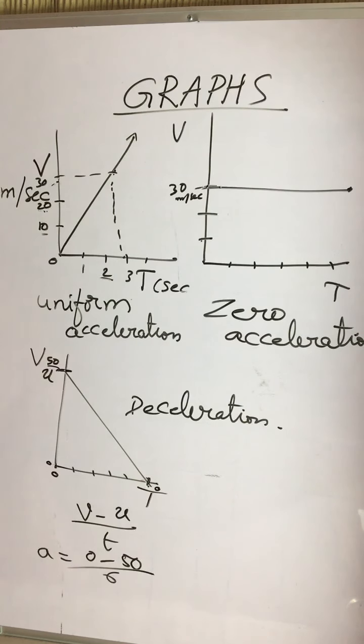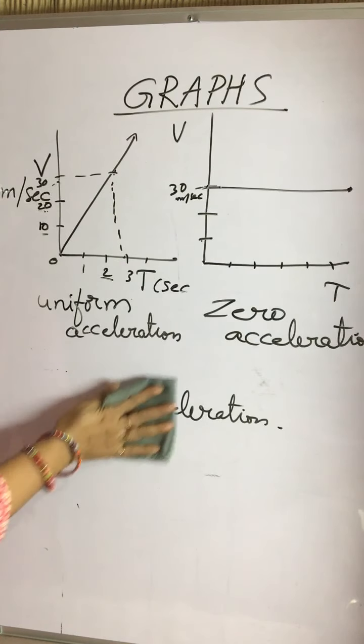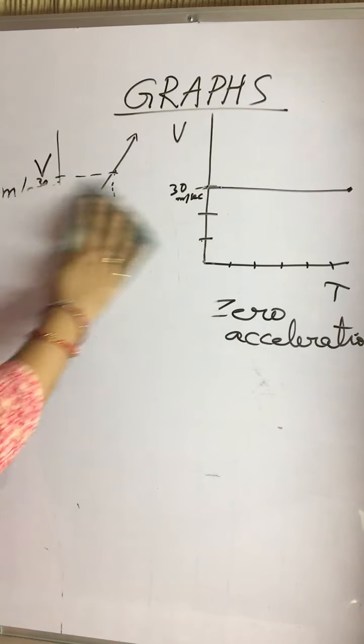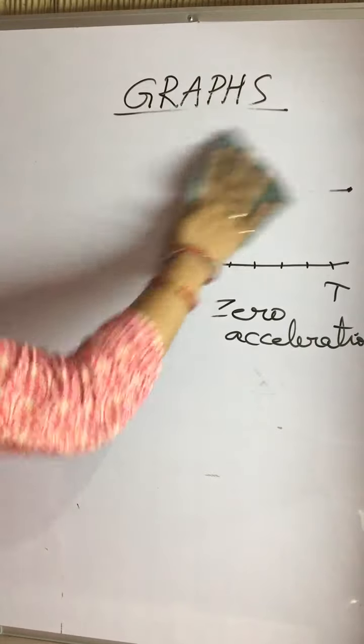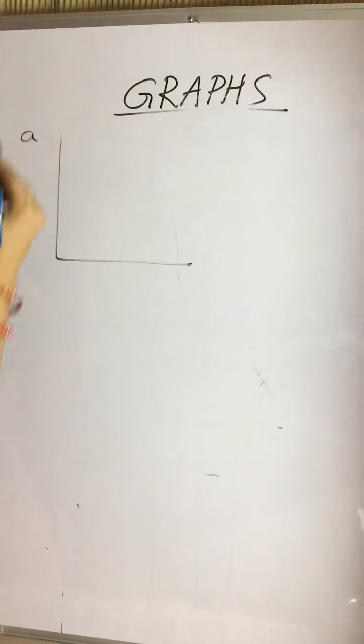Here we complete velocity time graphs, the main velocity time graphs we have covered. Now we shall move on to acceleration time graph. This is acceleration time graph. Acceleration time graph, this